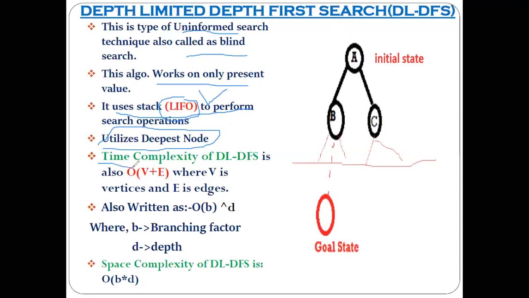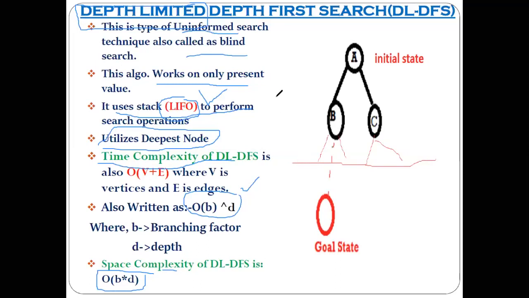The time complexity is calculated in a similar way as we have discussed, O(b^d), and there is a slight change in calculating the space complexity, that is O(b*d). Now here we have to understand only what exactly the difference is with the characteristic of being depth limited. Let's understand what exactly it means.